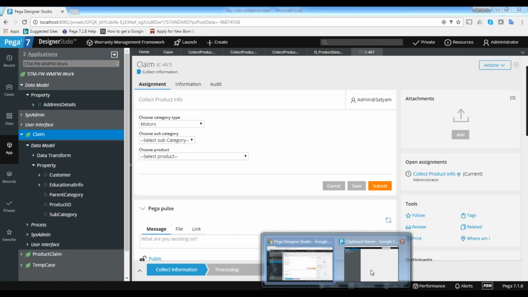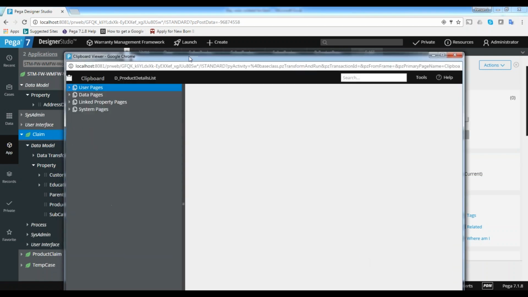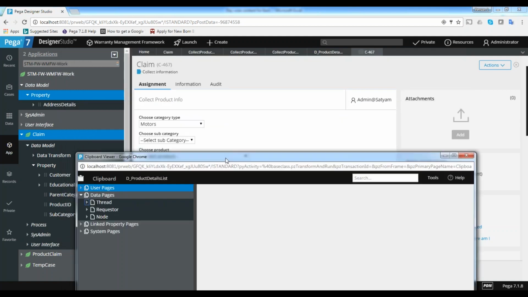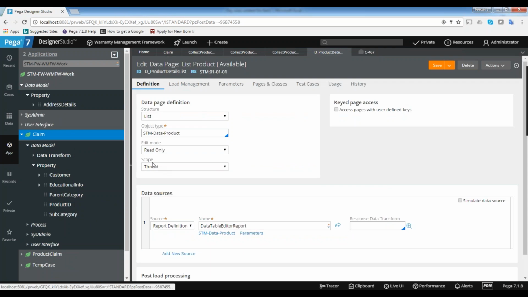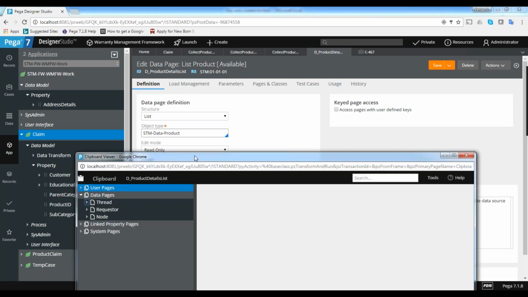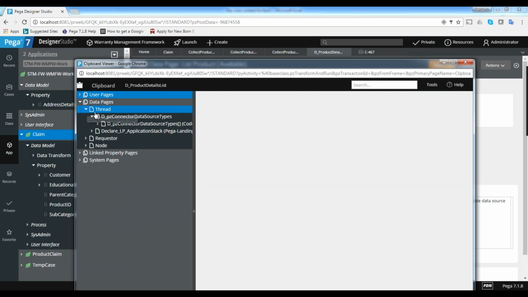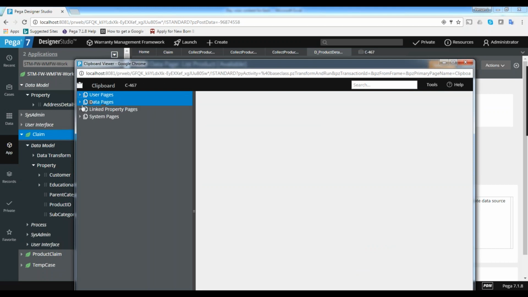Okay. And now we have some more categories here, like data pages. So under data pages, again you can see some categories. We could call them scopes. You'll get to know what the scopes are soon. These are subcategories kind of thing; here we call them scopes. While defining the data pages, we'll give the scope here. Wherever you define the scope, when the data page is executed in the corresponding scope, you can see it. So let's go to the corresponding C467 and go to data pages.